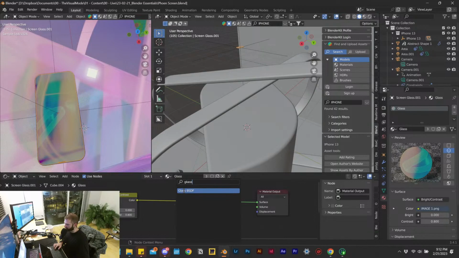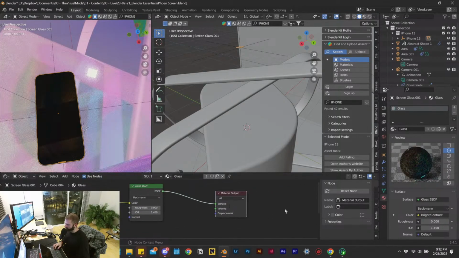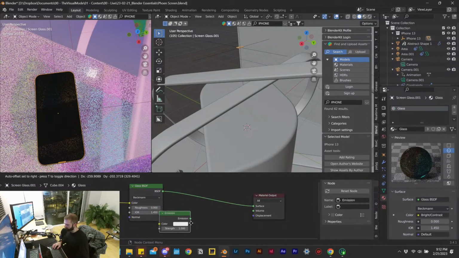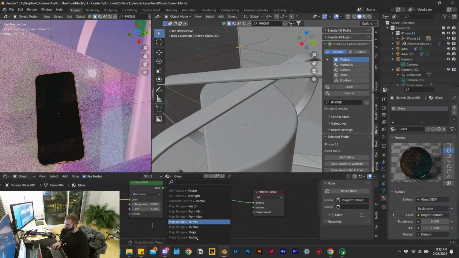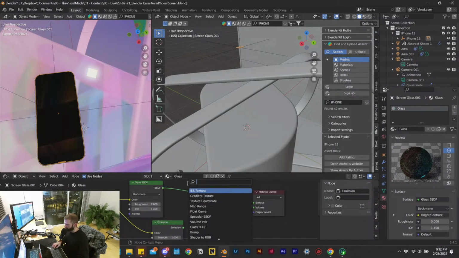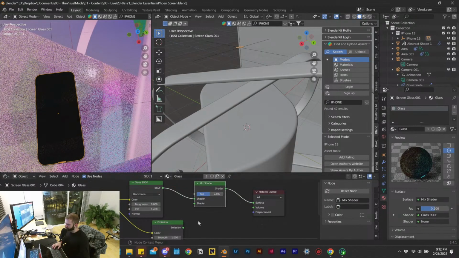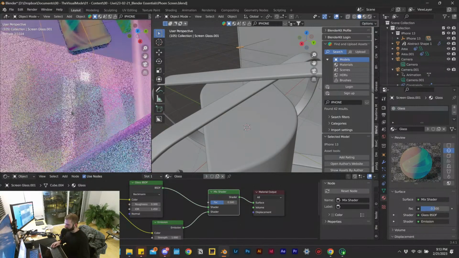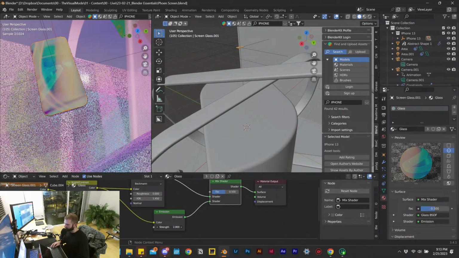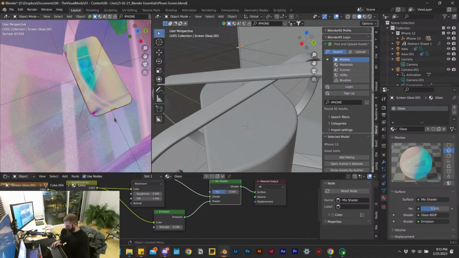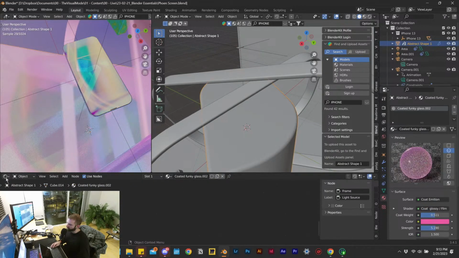We can do a glass BSDF, which is a little easier. And then we can also do an emission shader, so that it gives off some light. And we bring back that mix shader. Okay, so now we can bring up the intensity of the light coming off the screen. And in this scene, I can take it a step further and